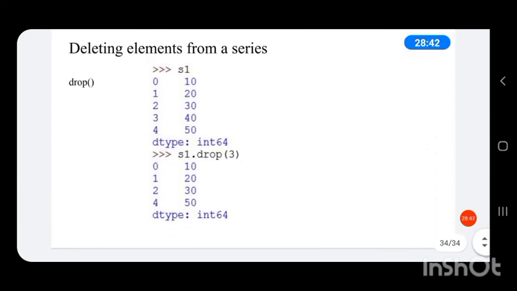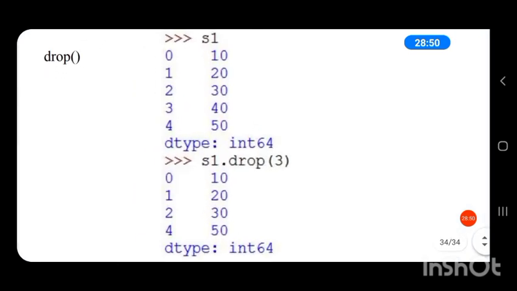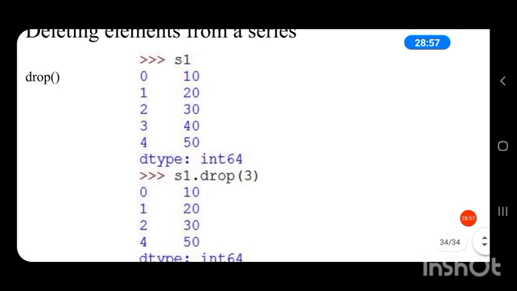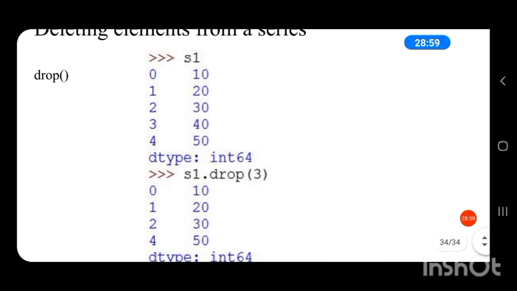Next is deleting elements from a series. To delete the elements from a series, there is a function called drop. So we have a series called S1. Its index is 0, 1, 2, 3, 4 and its values are 10, 20, 30, 40, 50.